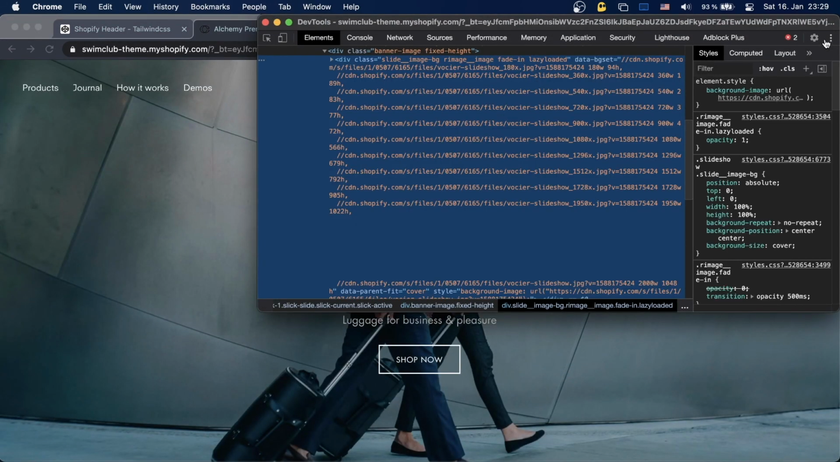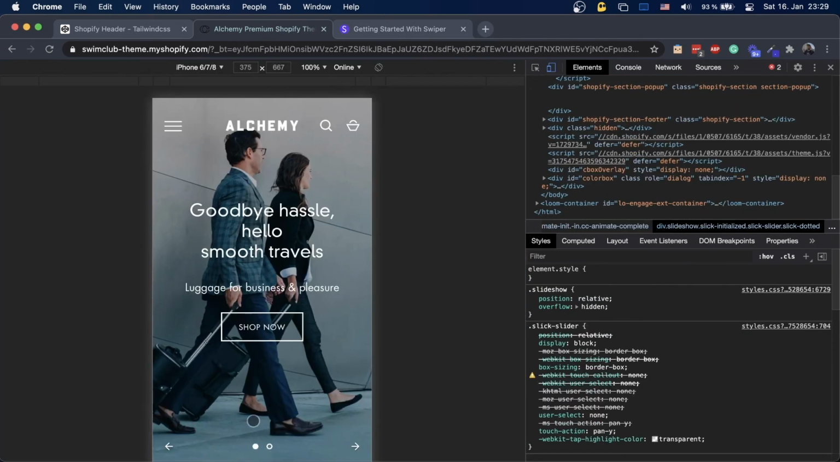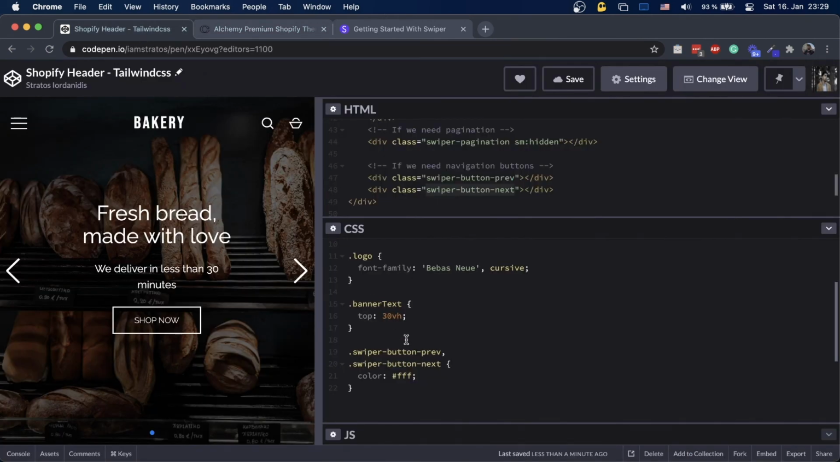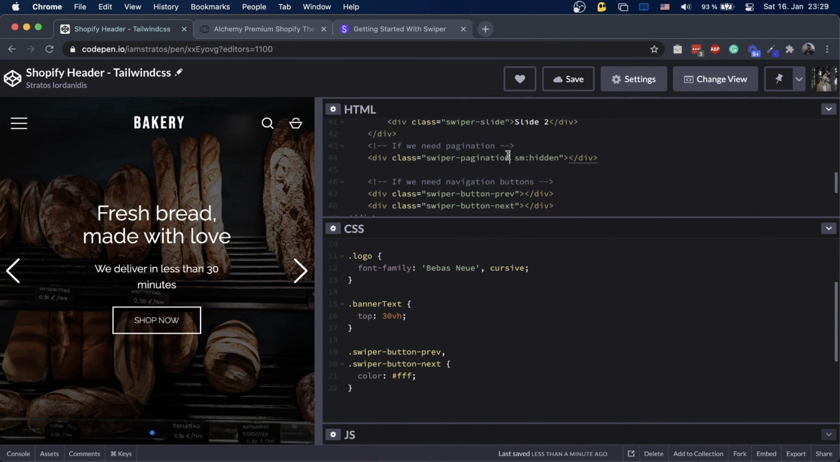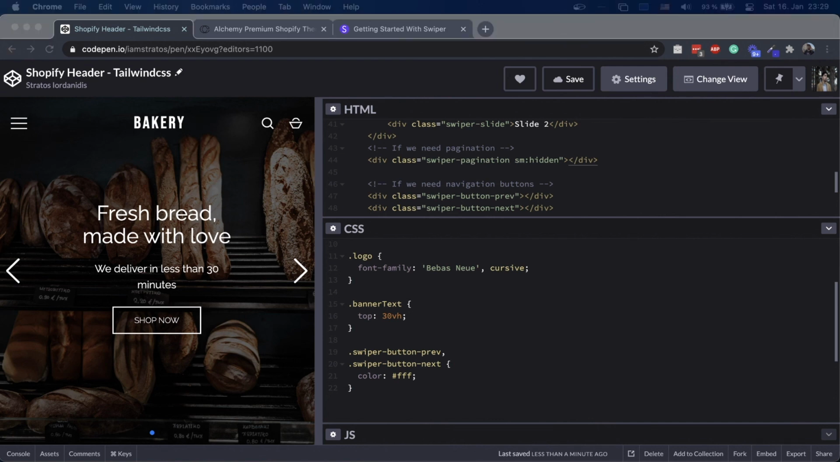I'm gonna go on mobile size and see the difference. The dots are different, of course the arrows are different, but now we're gonna focus on the dots. And pagination is here. Actually, pagination should have something more inside it. Let's have a look. Okay, as I can see, pagination, if you check the HTML, has